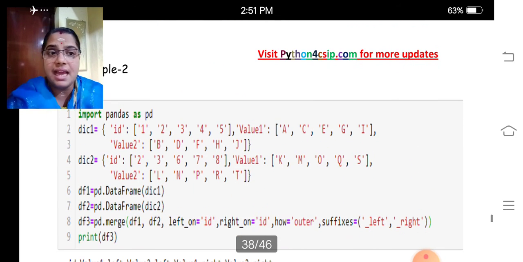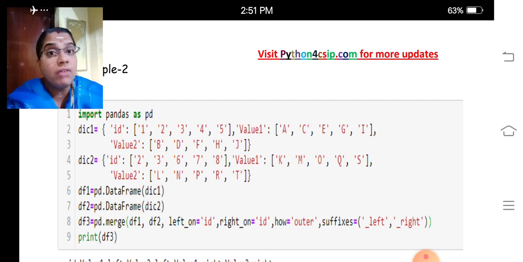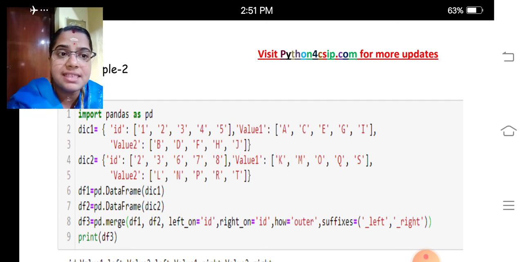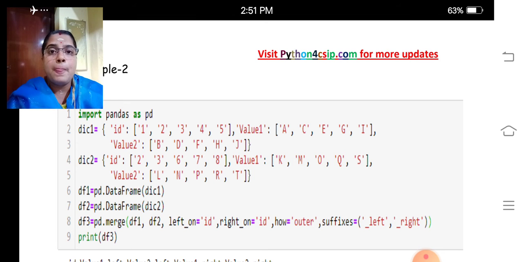This is another example. Here we can give our own suffix for the resultant data frame. Look at the suffixes I had used: underscore left and underscore right. Instead of generating the default x and y suffixes, here I used left and right. In the left side I had given df1, in the right side I had given df2.